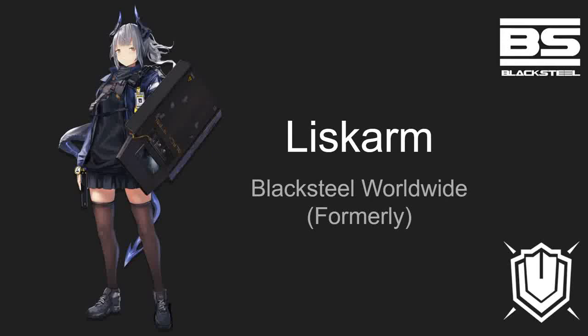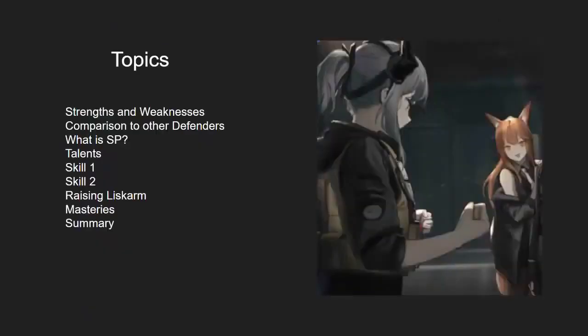Liskarm is a 5-star operator formerly from Blacksteel Worldwide, who now works as a defender at Rhodes Island. This video will aim to be a comprehensive guide to help you get a better idea of how she functions as a unit. To start with, this video will cover quite a few topics in a decent amount of detail,